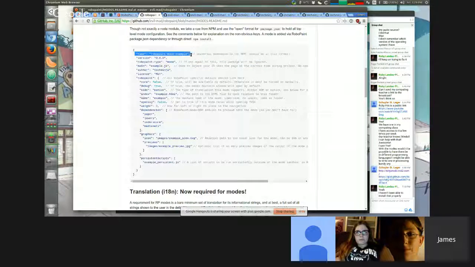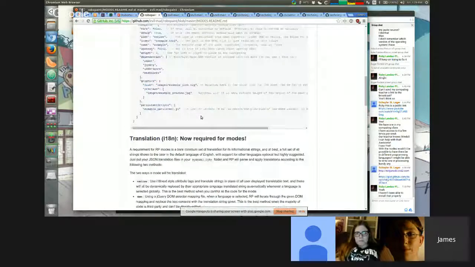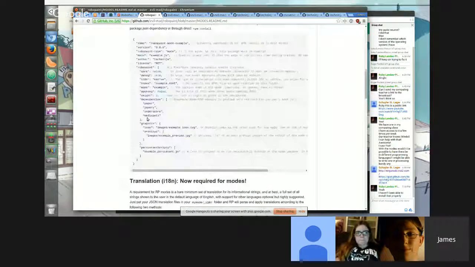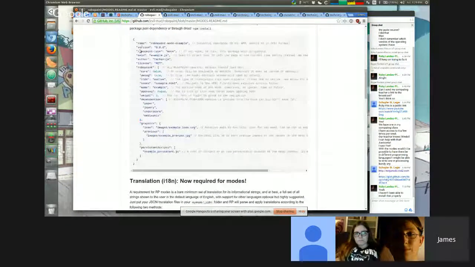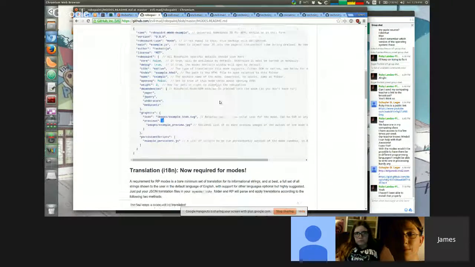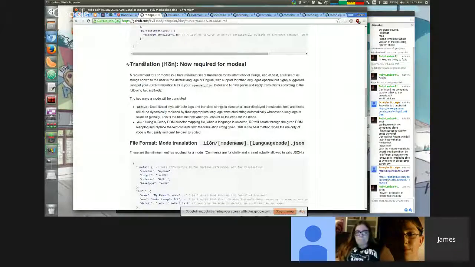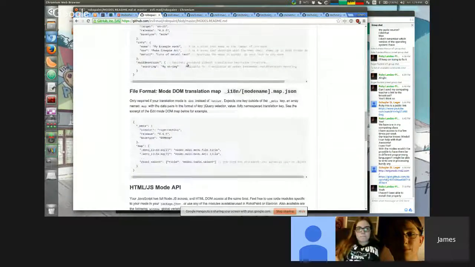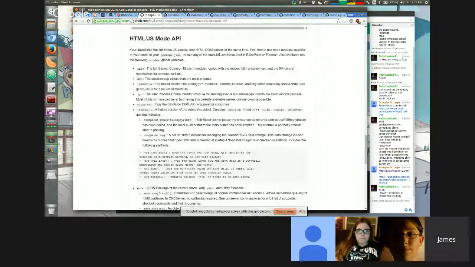JSON is the easiest format to ever look at and understand. There's very, very little that's complex about it. The only weird thing is that you have to use the word true not inside quotes, and you have numbers that are not inside quotes. That's about it. Objects are obviously with curly braces, and arrays are with square brackets. Anyway, you'd have translation in, where to put that, and the mode API.